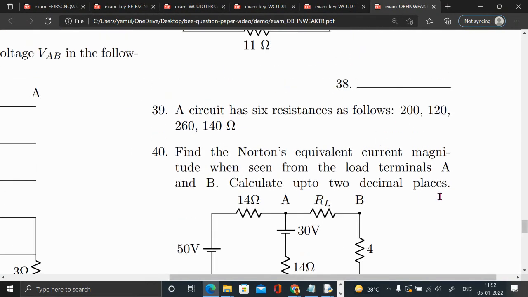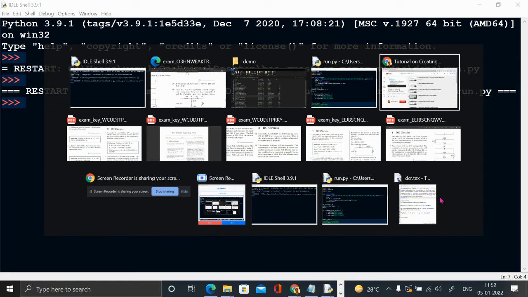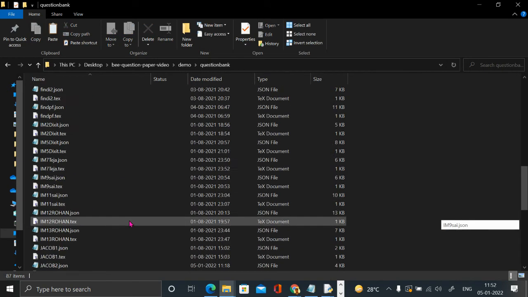So a circuit has six resistances as follows. Okay. 200, 120, whatever, like this. So now we are doing some progress, right? By the way, these values, 200, 120, 260, 140, are randomly generated because in my program or in my question, where was that? I think I closed it. Okay. So now we are progressing.